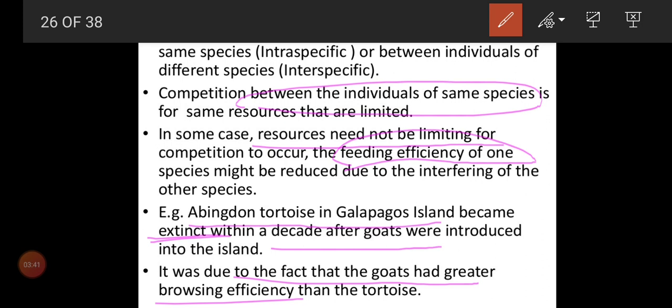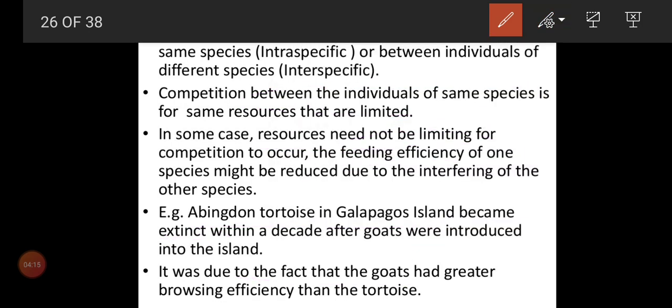So that's the thing about competition. In competition, both are not benefited. First case, they have to share their natural resources. Second case, even if natural resources are available, it depends on their feeding capacity. One will grow faster, or one organism will flourish and the other organisms may go extinct. One such example is the Abingdon tortoise on the island, which went extinct because of the introduction of goats in the island area. And next we'll see